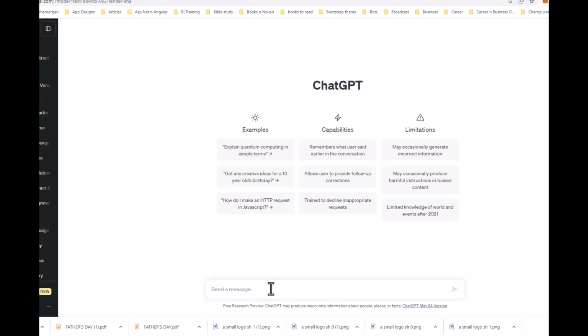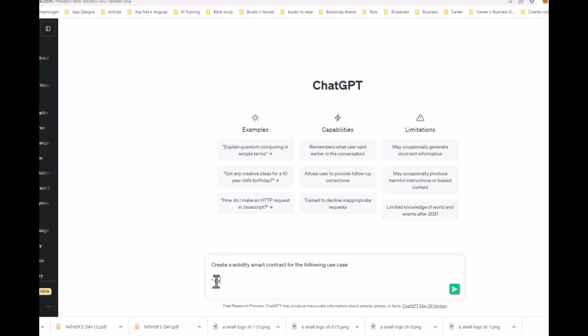Okay, so what will our prompt be? We are going to tell ChatGPT to create a Solidity smart contract for the following use case. And we're going to put the use case in quotes so it knows what we're talking about.